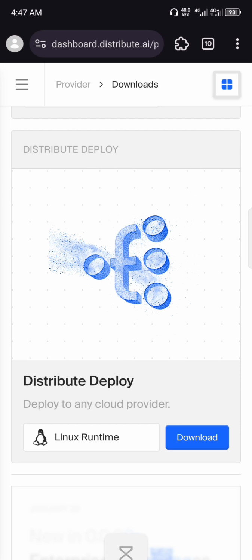Myself, I've not been able to set it up because I'm finding it hard to set up, because I'm not a DevOps person yet, but it looks as if I'm going to take a training just because of Distribute AI. So, ladies and gentlemen, this is how to set up your Distribute AI node on your